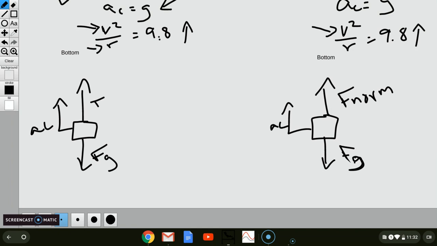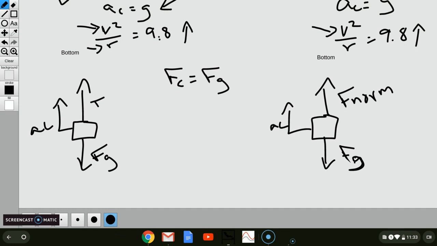It is not possible. However, something is true and unique about both things. This is true for both of them, so I'm just going to do it once here in the middle. We know that the centripetal force is equal to the force of gravity. This is true because we're still going the same velocity as we were at the top, because it's uniform circular motion we're talking about here. So again, this would be mass times a, oops, sorry, I'm going the wrong way here. I'm going to erase this. We know that that has to be true.